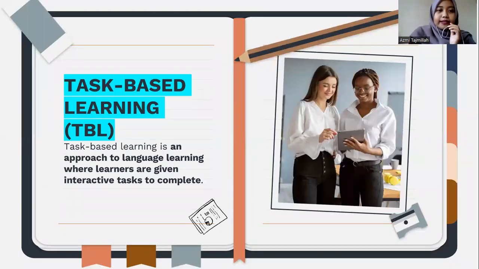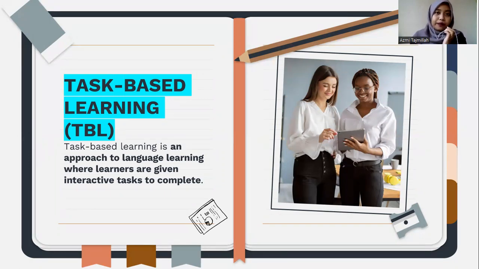Okay, the next approach is task-based learning or TBL. Task-based learning is an approach to language learning where learners are given interactive tasks to complete. So instead of a language structure or function to be learned, this approach focuses on a task that students have to perform